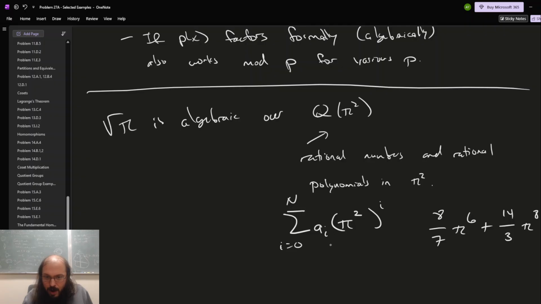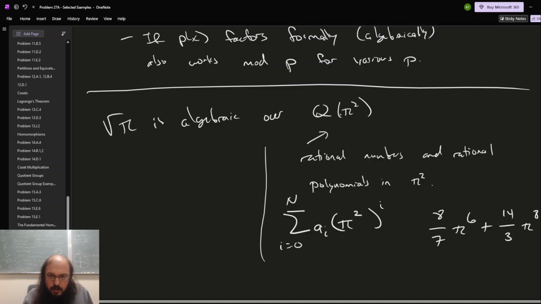Any combination of rational numbers and pi squared. So when I want to prove that this thing satisfies an algebraic equation in here, the polynomial that we're going to satisfy has to have coefficients that are either rational numbers or coming from these pi squared things. So therefore, when I set this equal to x, and I need this to land in here,